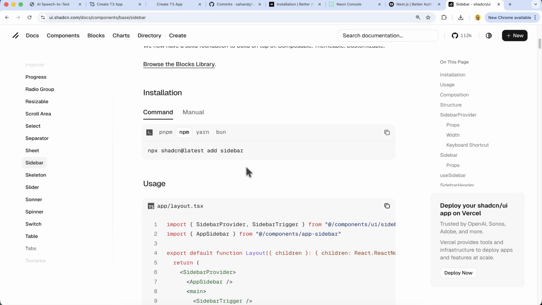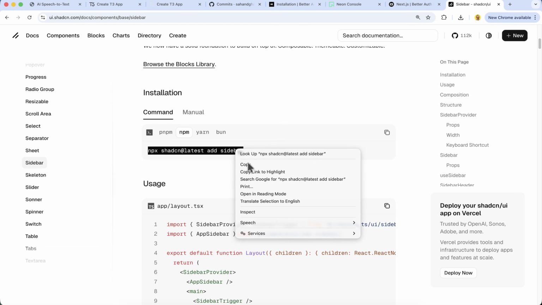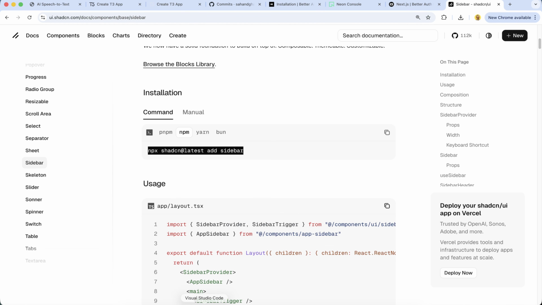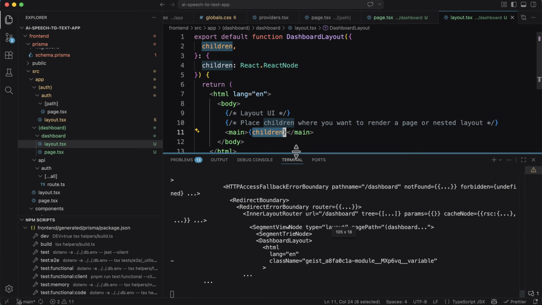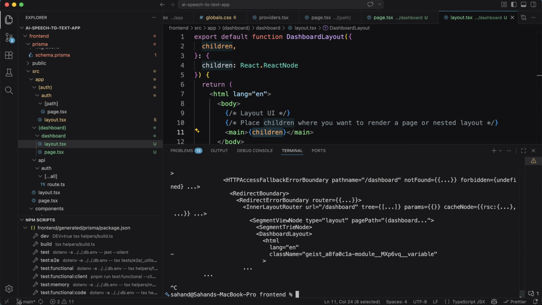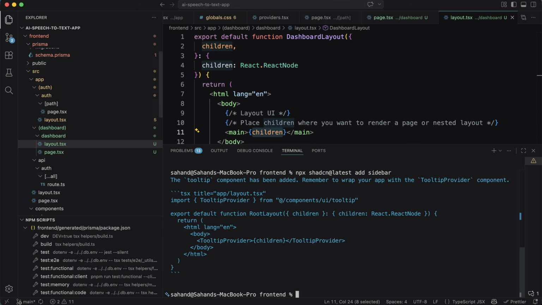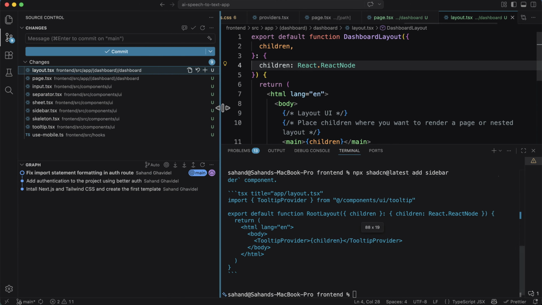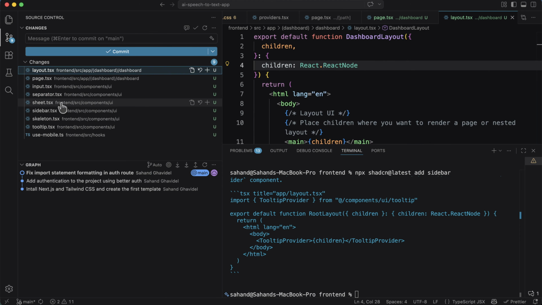Next, navigate back to the ShadCN documentation. We need to install the sidebar component first. Copy the npm install command from the documentation, return to Visual Studio Code, and paste this command into the terminal. Make sure you are inside the front-end folder. This command will install several useful components for our project, including a separator, a sheet, a sidebar, a skeleton, and